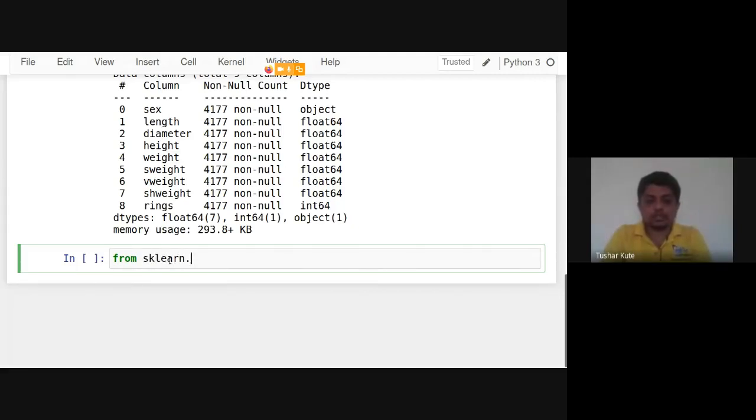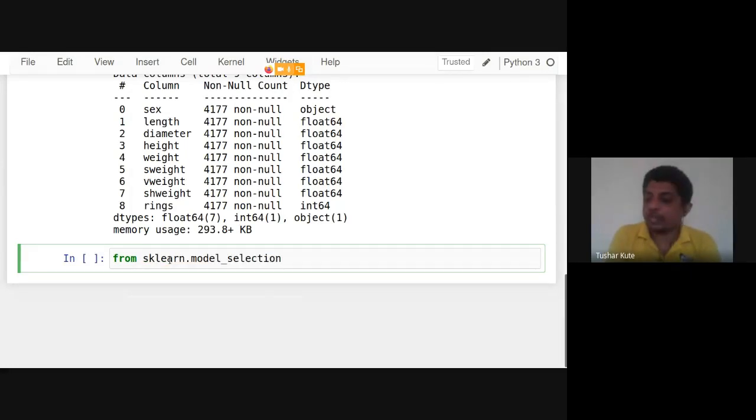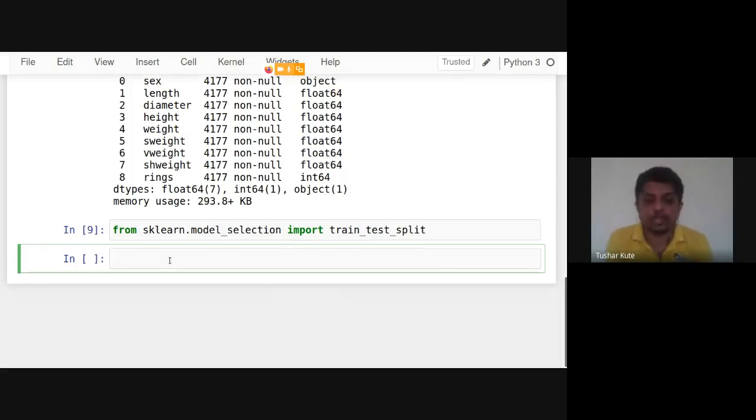So from sklearn.model_selection, we can import the train_test_split function.